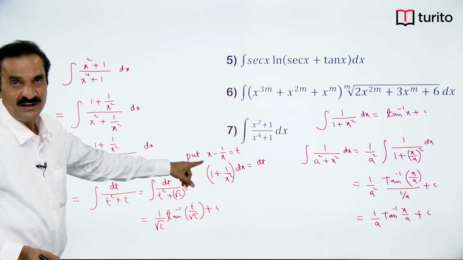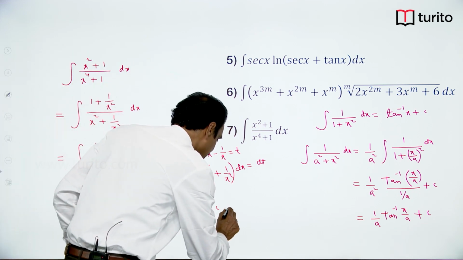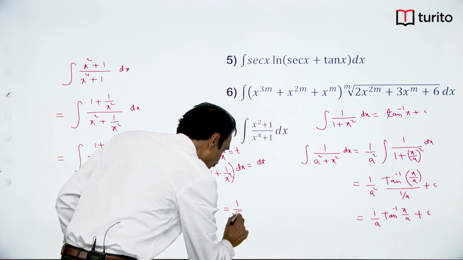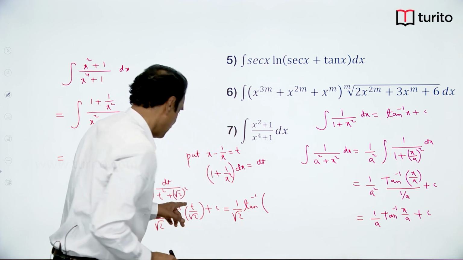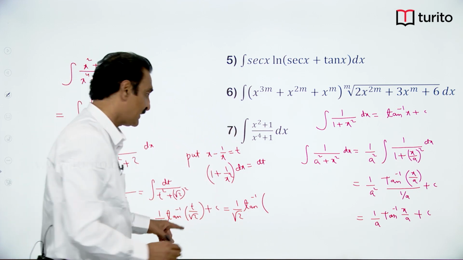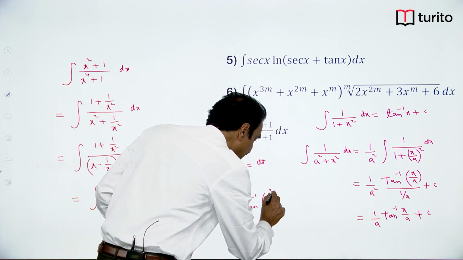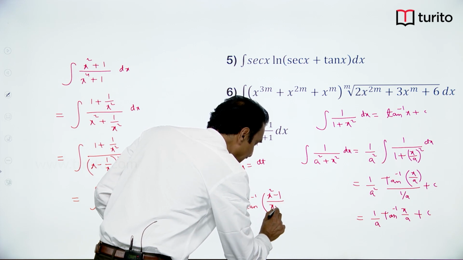Now substituting t, you will get the final answer: 1 by root 2 tan inverse of x minus 1 by x, divided by root 2, which we can write as x square minus 1 by x root 2,